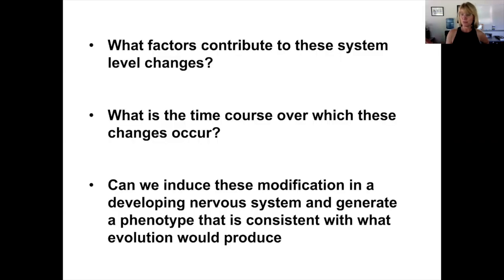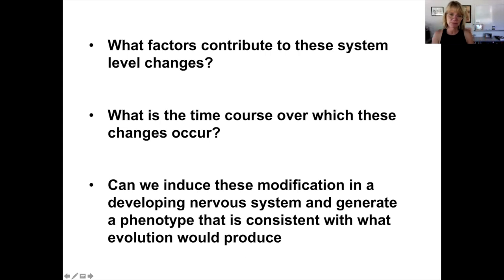So what factors contribute to these systems level changes? What are the time courses over which these changes occur? Do they occur only over large evolutionary timescales, or can they be induced rather rapidly? I'll talk a little bit about our comparative work, but I'm also going to talk a lot